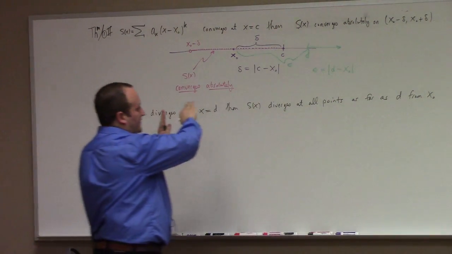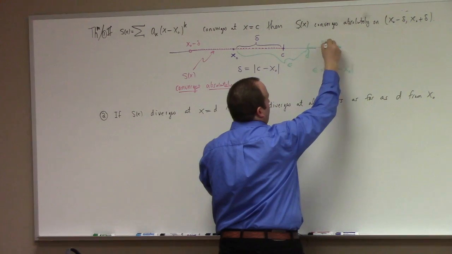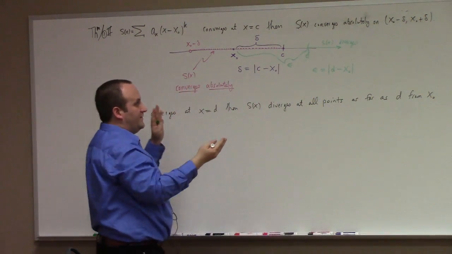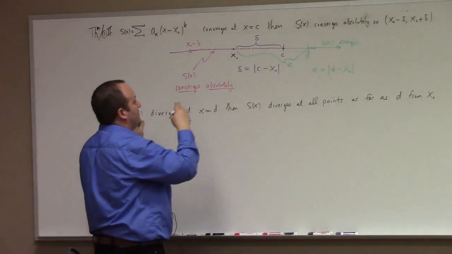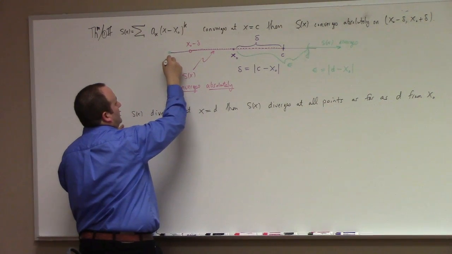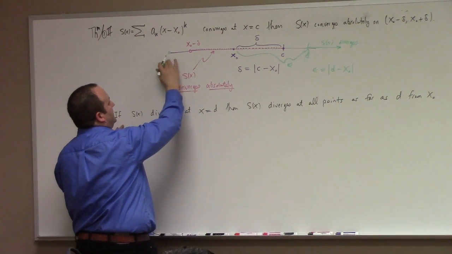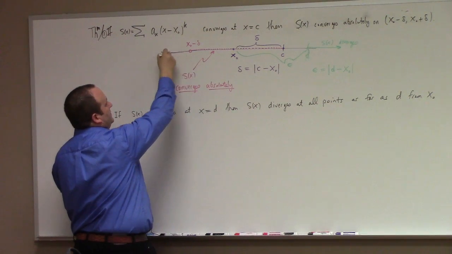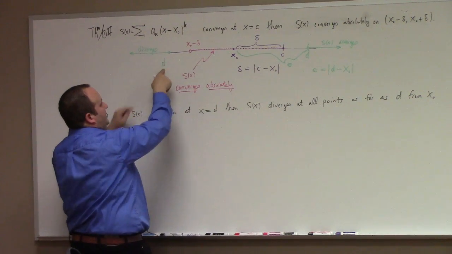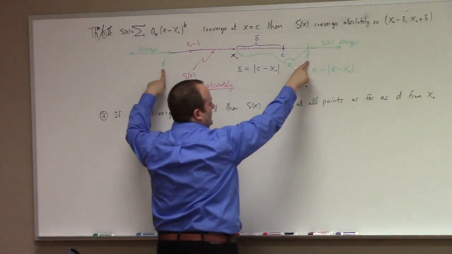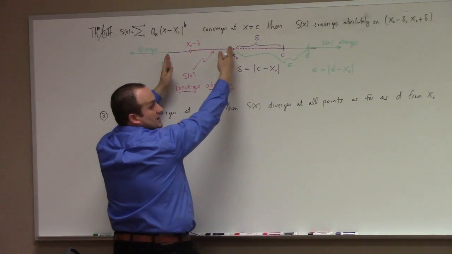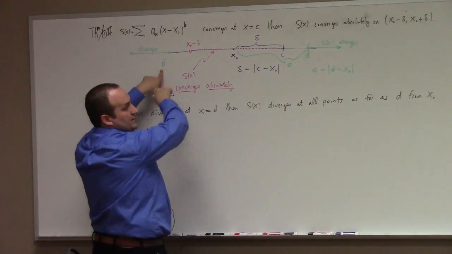Well then, the series s of x diverges out here. And where else does it diverge? It diverges if you're that far away from the center point on the other side too. So over here in my current picture, how is that related to, you guys tell me, the series diverges over here. How would you get this point from that point? If this distance is epsilon, you go another epsilon over here, right? So this point would be what?